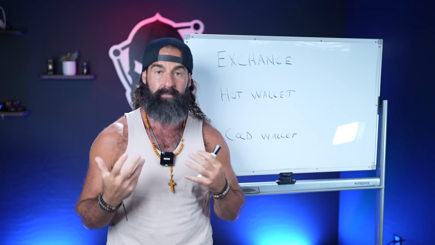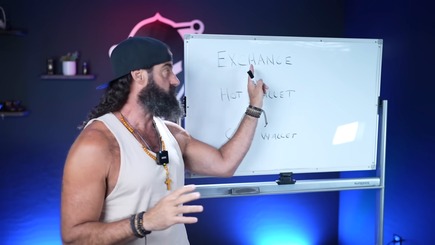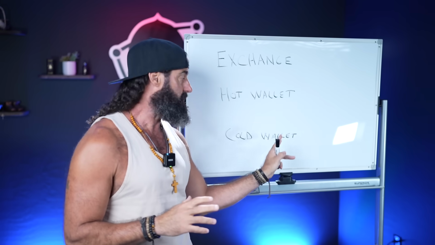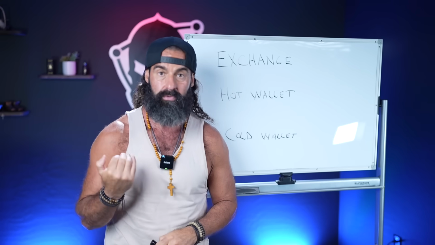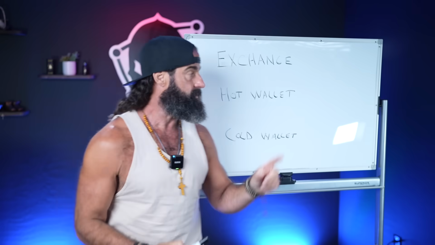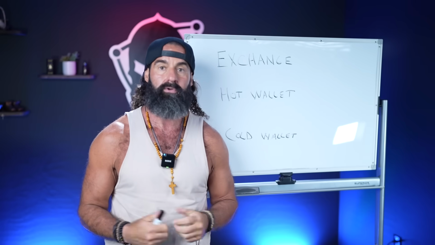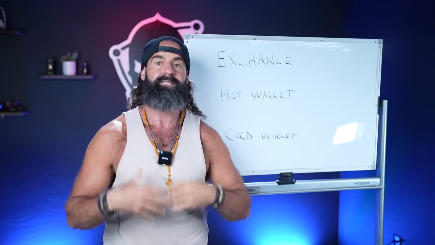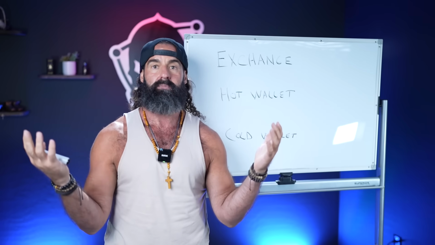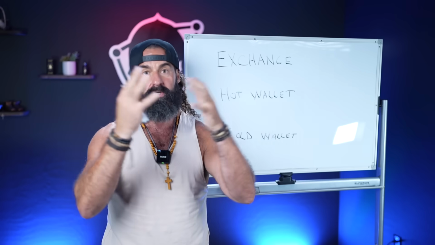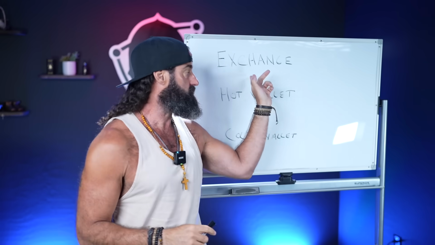So I'm gonna share with you, this is the only video that what I do, okay? So there's exchange, hot wallet, and cold wallet. I'm gonna explain the three, and I'm gonna share with you what I do, okay? You need to do your own research. So the exchange is, for example, Coinbase, Kraken, Crypto.com, Uphold. That's an exchange. So the example that I use is your money's in online banking. It's in a bank, right? So you're trusting that the bank, those numbers in there that are legit numbers they have. Okay, that's on an exchange.